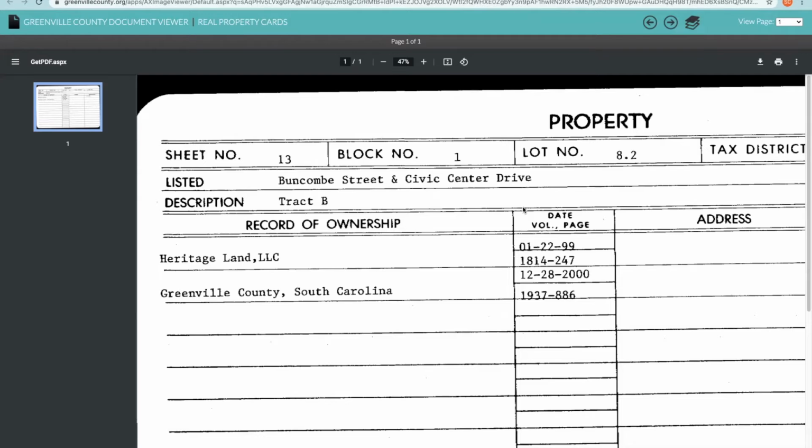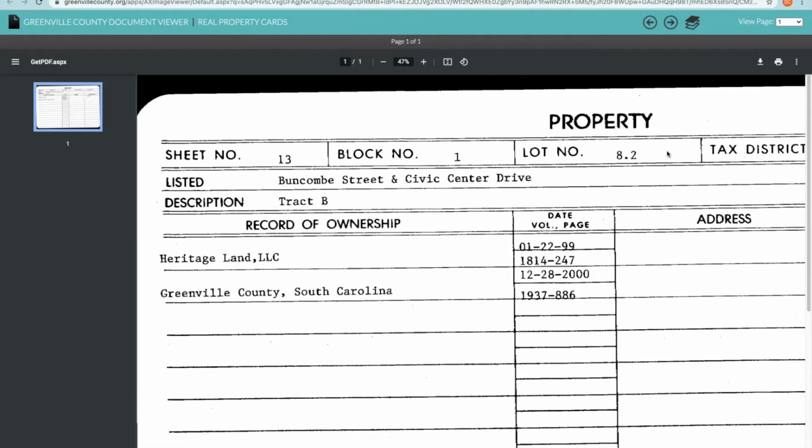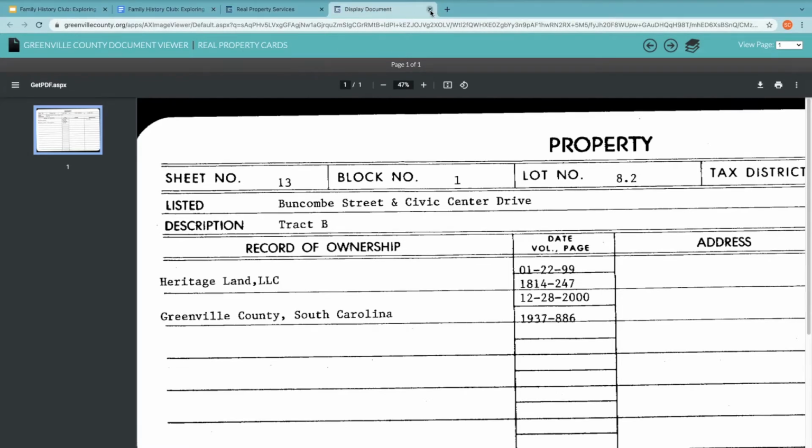So it really wasn't terribly long ago that they stopped using them. So most of them will have an old property card. If you have one that doesn't, it's probably a newer property after 2003. Okay, so I'm just going to close out of that. You can print these property cards, especially when you get into some of the really older ones. They're so neat to look at, but you can go up here and use this print icon to print, or you can download to your computer. But I'm going to exit out of that.